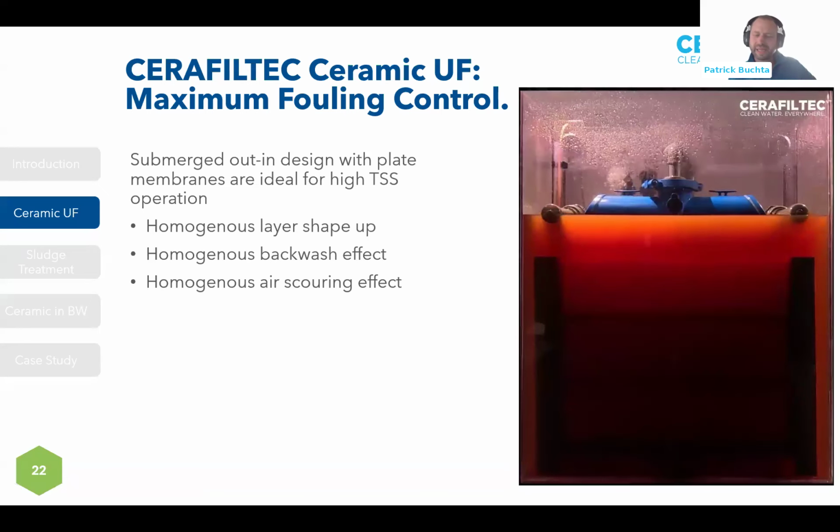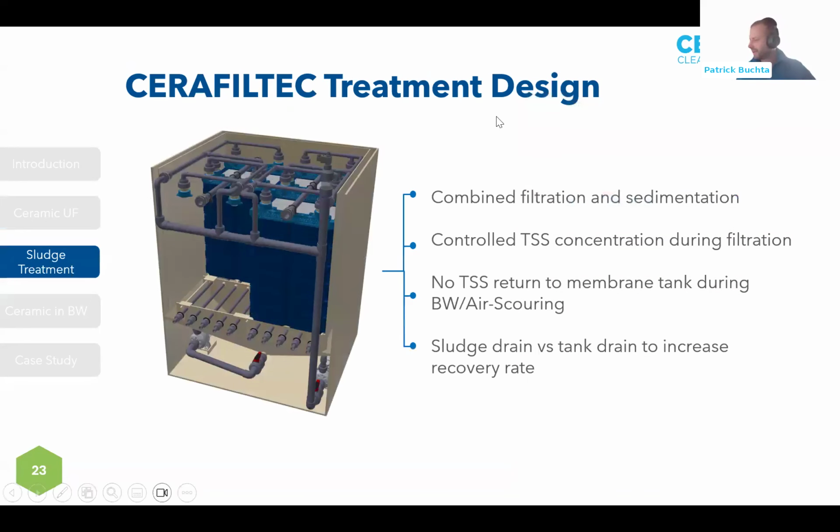So in the next slide, maybe we can stop that one. I can demo a little bit what other advantages of the submerged technology we have here, especially for that application. It is actually an advantage to combine the sedimentation and the filtration in one tank, right? So